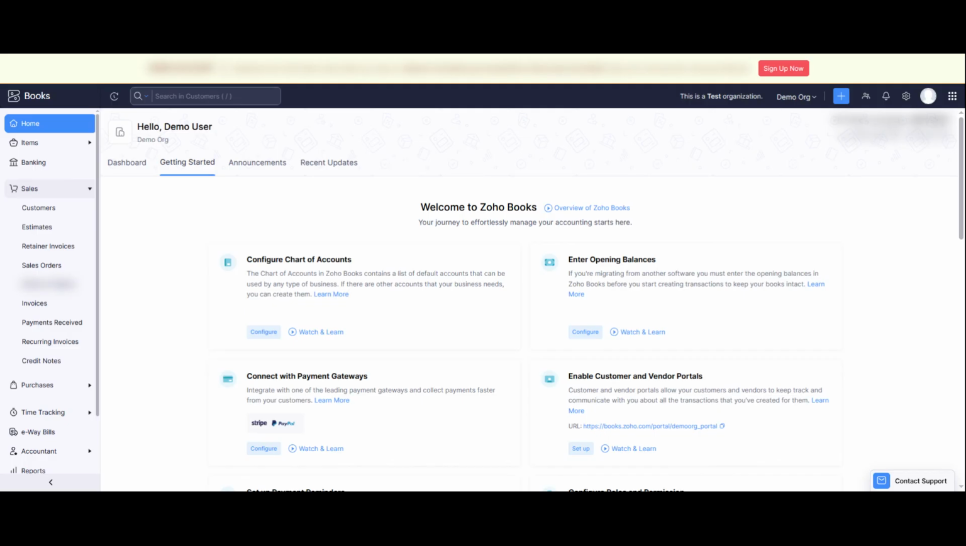Zoho Books makes it really easy to upload customer data using a CSV file, but there are a few settings and mapping steps you need to get right so everything imports correctly. In this guide, I'll walk you through the entire process, from opening the customer section all the way to finishing